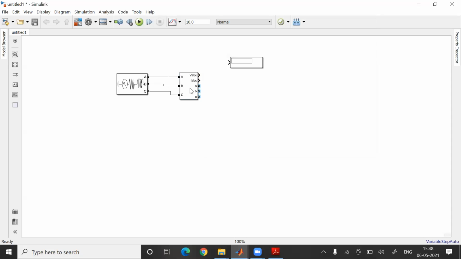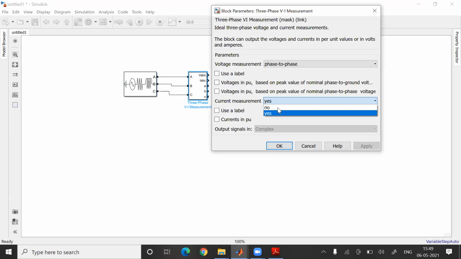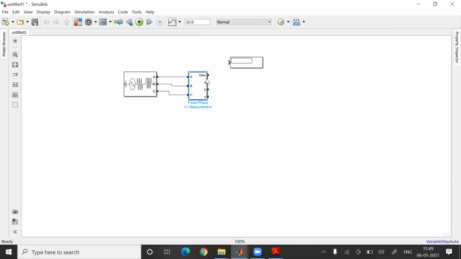This is your source and this is your measurement unit. I have removed the current part, only voltage is left now.